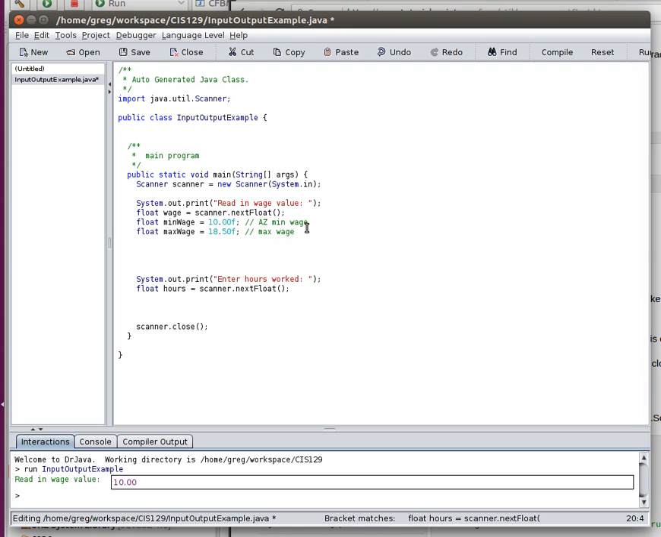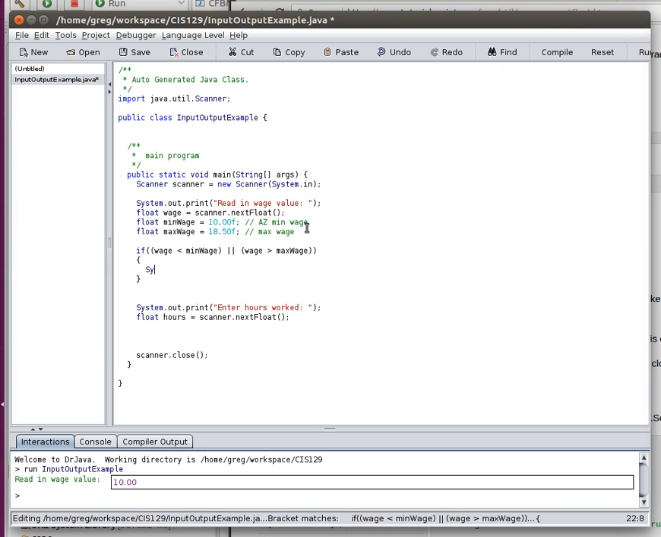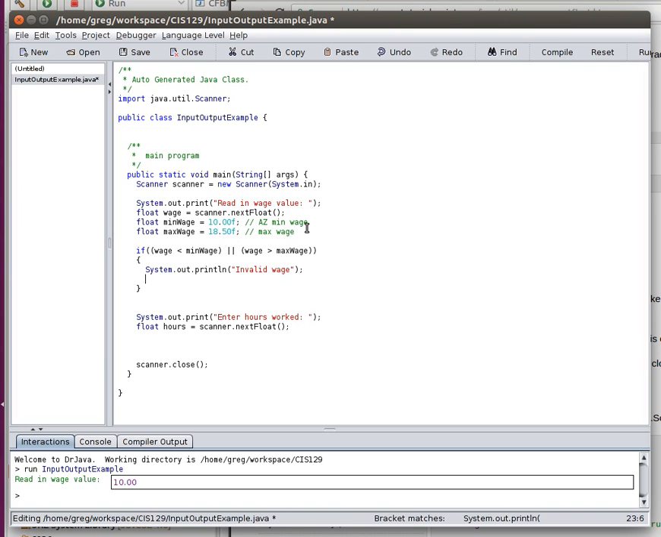And then so I'll put there if wage is less than min wage, or wage is, should be just a less than, greater than max wage, I'll put a little message saying system.out print line invalid wage. And then since I want to kill the program after this,